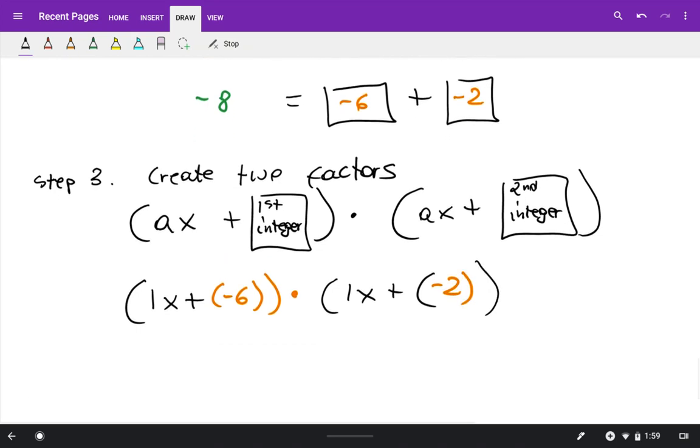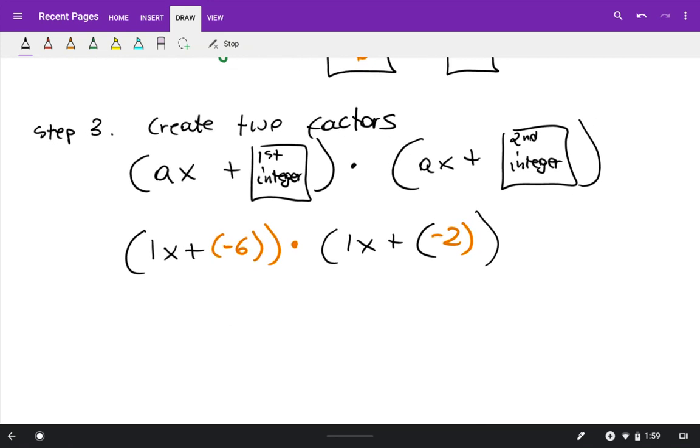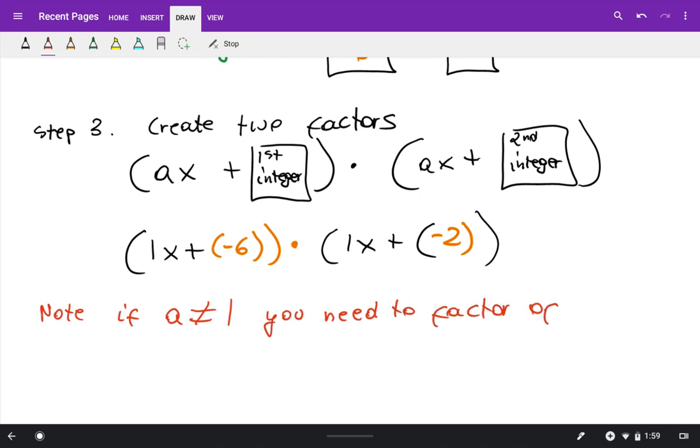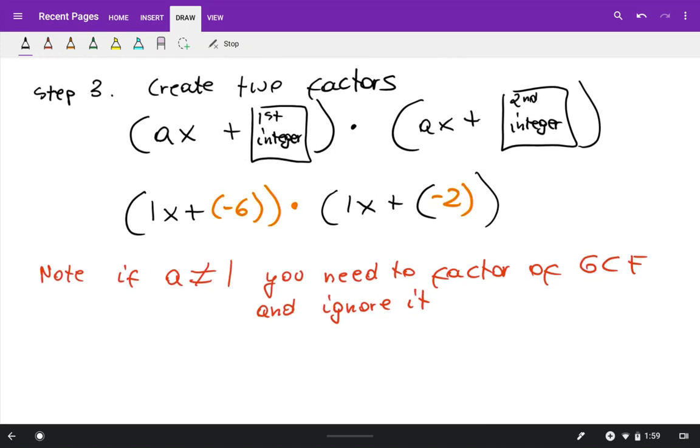Okay, and now we'll see examples like that. If A is not equal to 1, you need to factor out the greatest common factor, GCF. And we'll see the examples. I will show you the examples like that. We'll go back. Step 4,